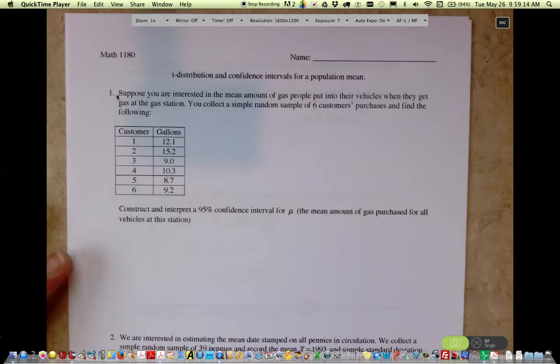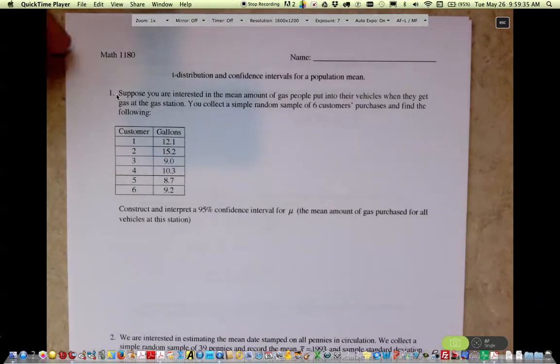And I'm going to start out looking at this problem and seeing what some of the issues are going to be, and then show you this other distribution called the t-distribution, and then show you how we can use that t-distribution to construct confidence intervals. All right, so hopefully this is going to be kind of a baby step from what we did before. It's just we've got to adjust when we don't know what sigma is, and it's really unrealistic to know what sigma is if we don't know what mu is.